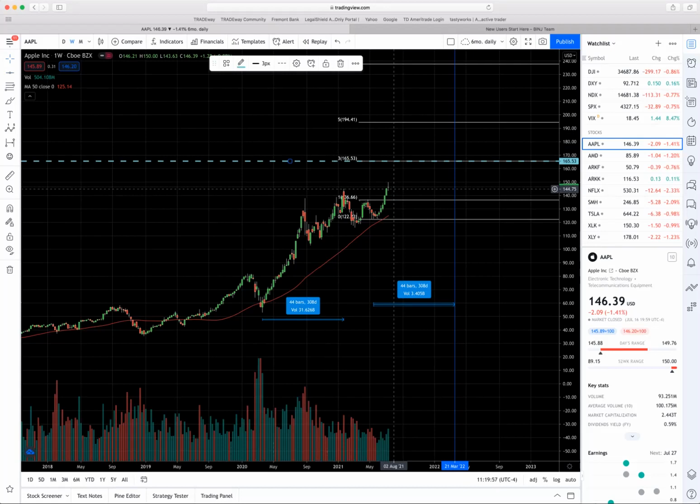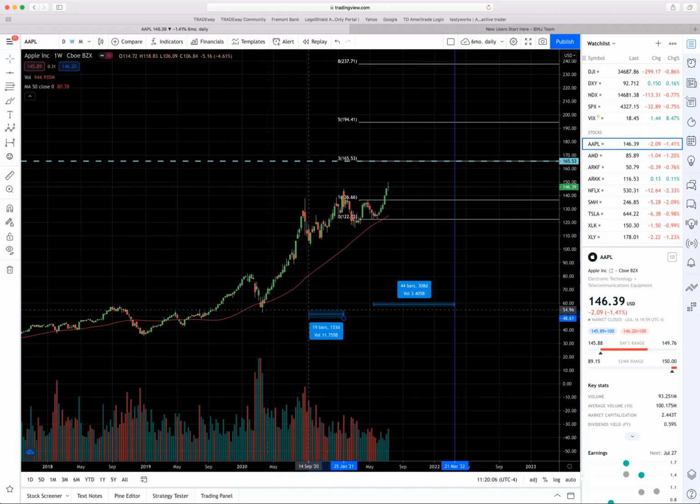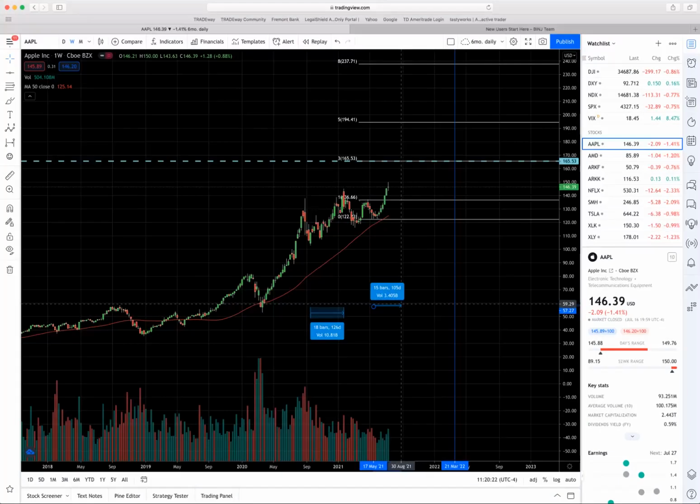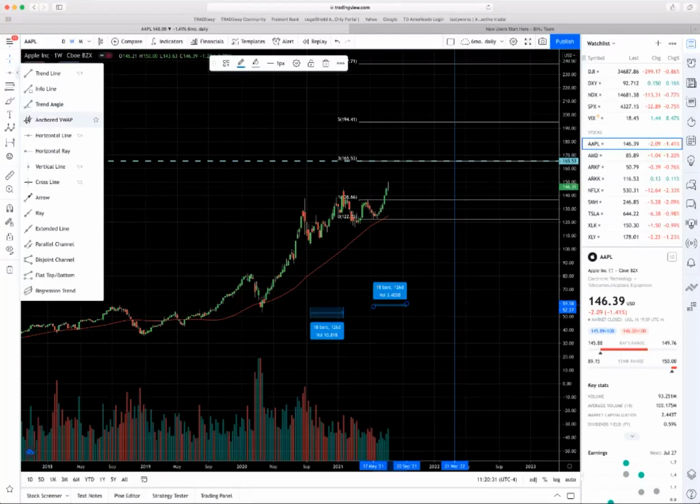Maybe I'm not being aggressive enough here. If I want to be more aggressive, let's look at the last biggest pullback, which was the one from the end of the year. That's 18 bars from that last big pullback in September of last year. So if we go 18 bars, that means that it could reach it in September. Maybe I should be more aggressive with that.